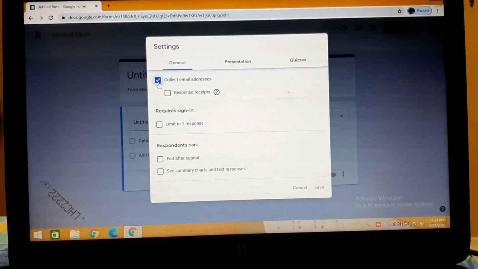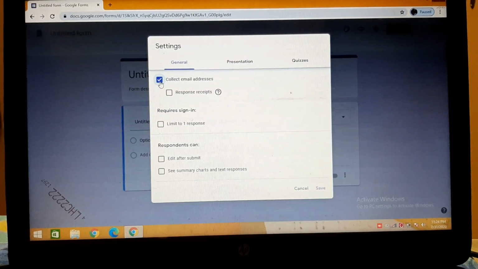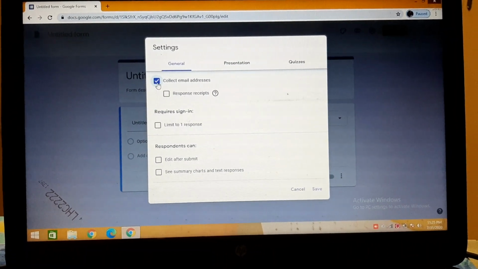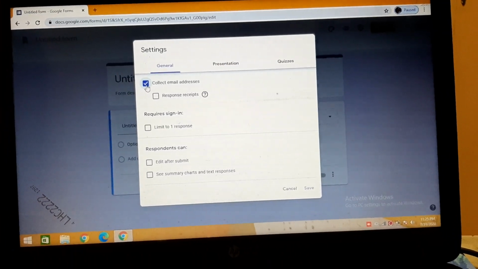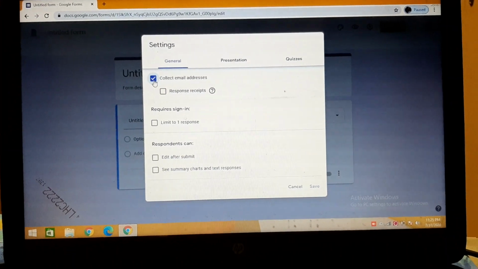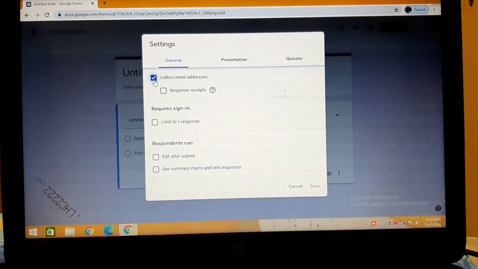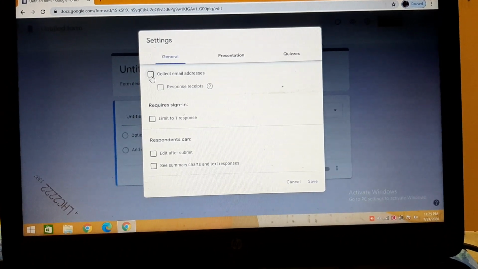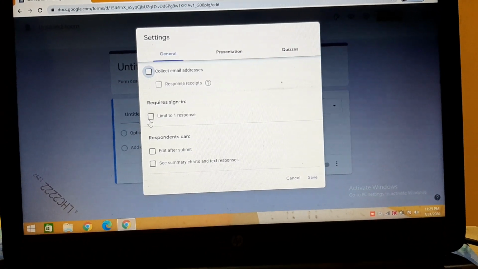If we check this option, along with the form, an option for email address will be attached where the students will be required to put their email address. This is not mandatory, but if you want to collect the email address of the students, we can click on this option. The other option is requires sign in.